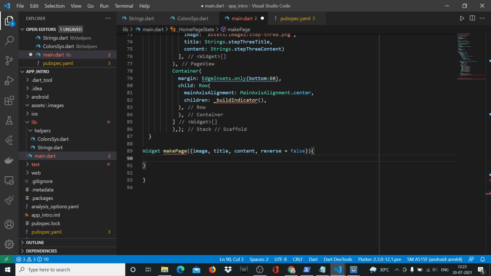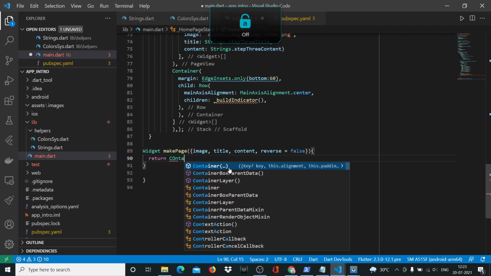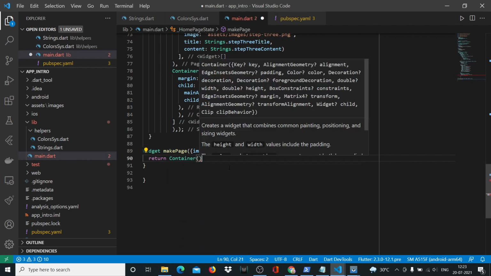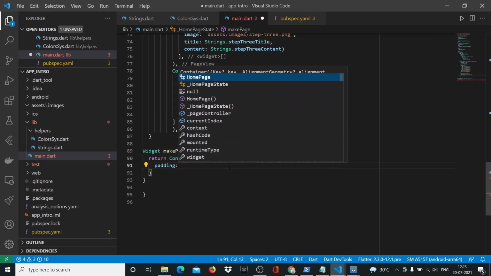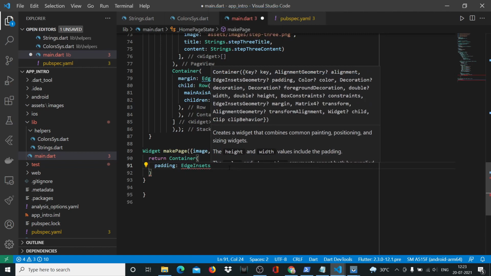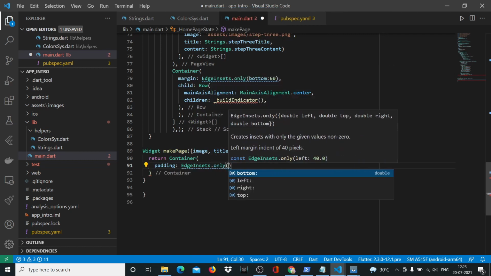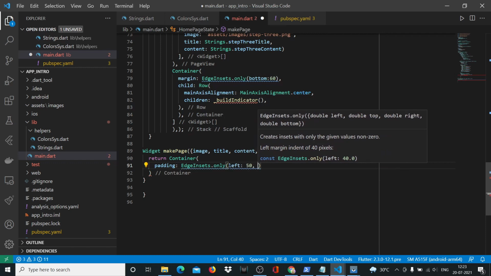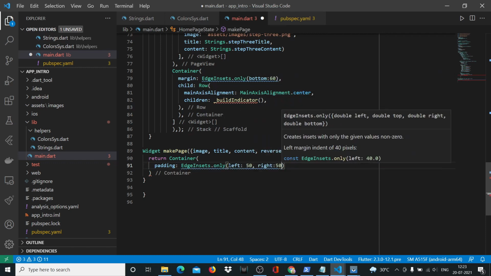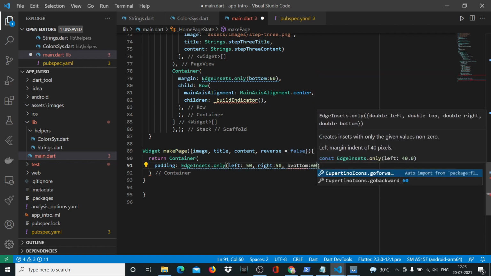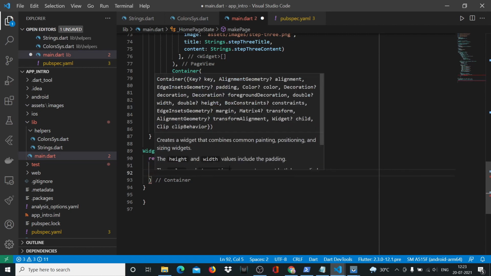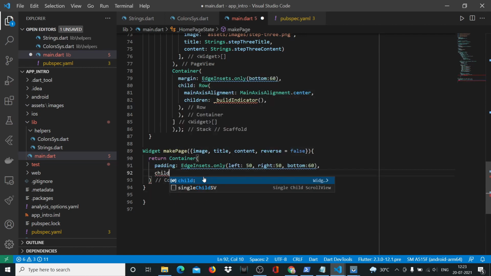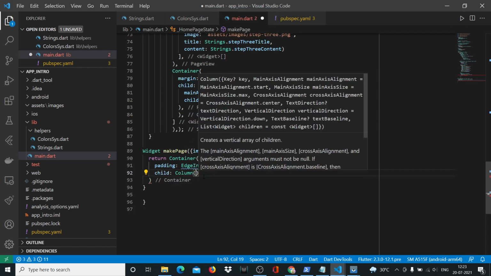And this is the widget that basically accepts these and makes a page out of it. So we'll return a container which will have a padding property of EdgeInsets.only, and you'll say left 50, right 50 and bottom 60. And after that we'll give it a child, and column